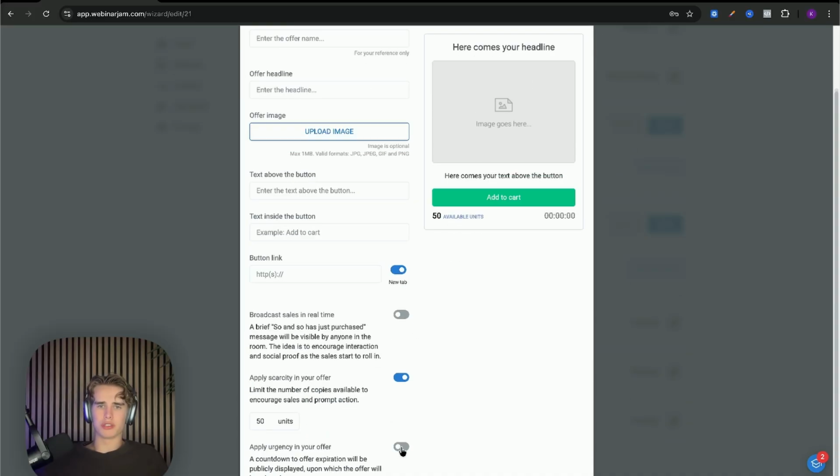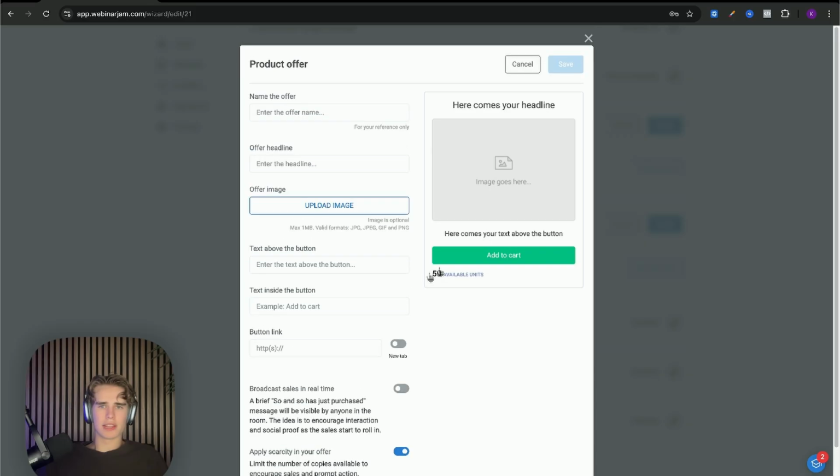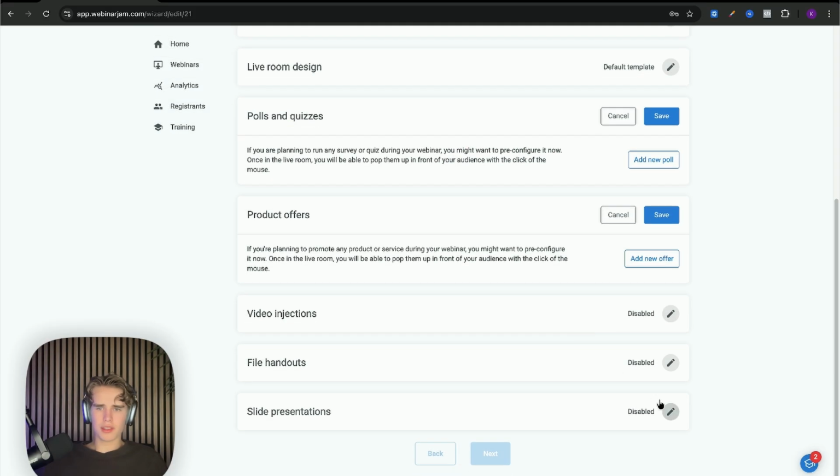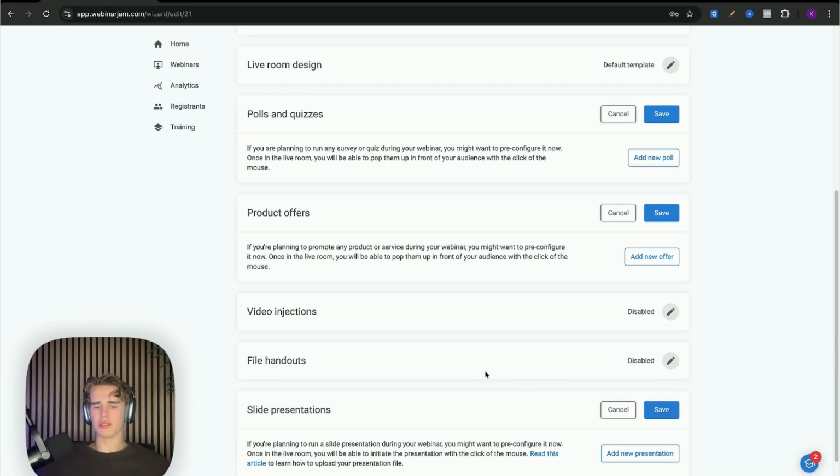And now you can also do urgency by a timer, so that's pretty cool. Then in terms of the presentation slides, you should always upload the slides that you're going to be presenting in the webinar beforehand. Just keep in mind, this might take 10 to 20 minutes sometimes if you have a lot of slides. So please do it at least 30 minutes before the webinar,